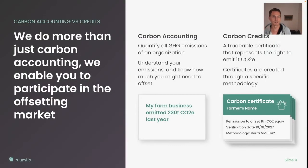Let's talk about carbon credits and how that's different from carbon accounting. You may have actually already done carbon accounting, where you quantify all your greenhouse gas emissions of your farm for a given year, maybe using a tool like the Farm Carbon Toolkit. So at the end, you'll get a single number like 230 tons of CO2 equivalent is what your emissions were